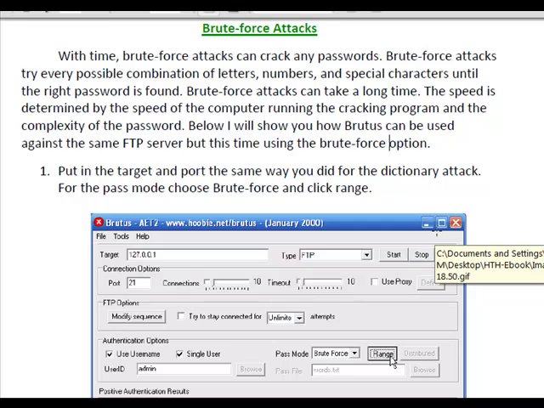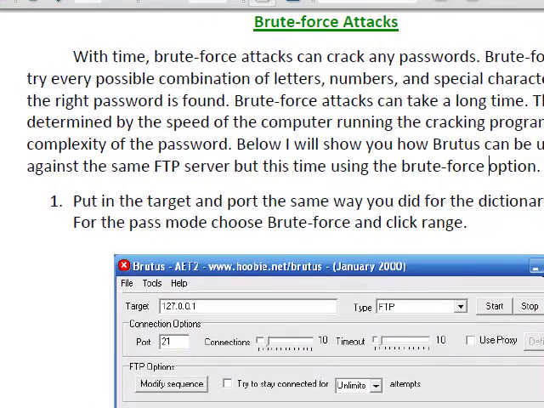And what Brutus does is it generates a list of all the possible combinations of passwords with those features, as in is it alphanumerical or all just numbers, and basically it takes that and generates all the possible combinations and runs it against that password. So this is a much larger file than a dictionary attack. So the dictionary attack is if you have an idea of what the password might be, or it's just a shorter attack